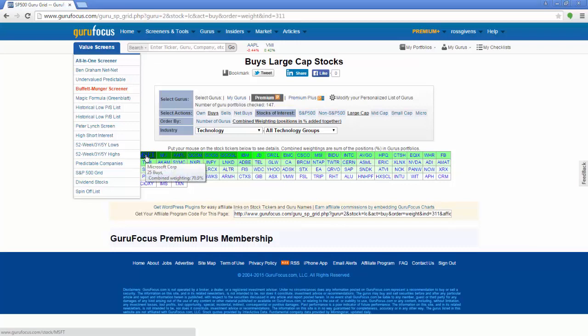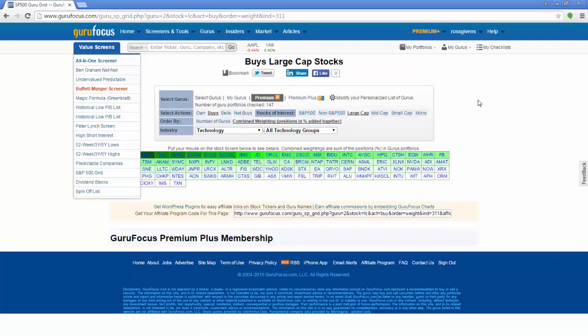And I'm going to get more actions. Microsoft at 25 buys. Micron Technology is showing up everywhere, and I'm running filters as far as what the smart money's buying right now. Apple, Qualcomm, both Google's, IBM, etc., down the list. But this is a really, really neat feature, I think, because it allows you to not only look at the data in a different format in kind of this heat map scenario, but you can really quickly say, give me